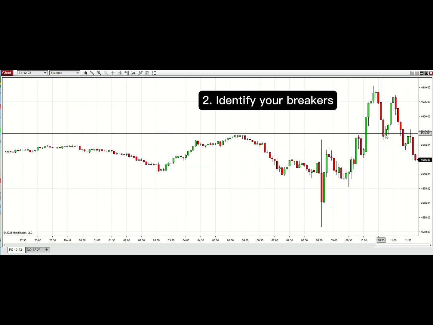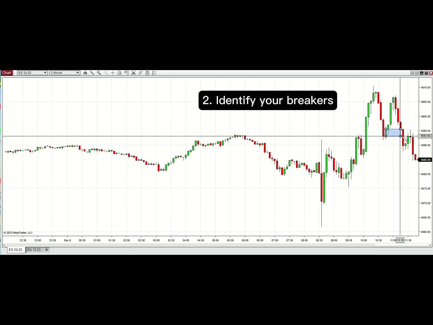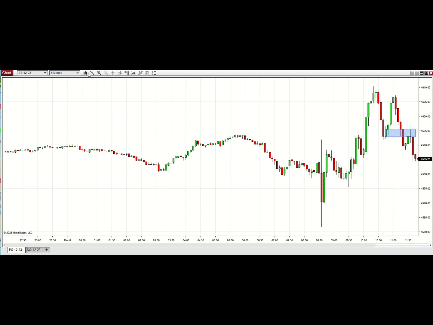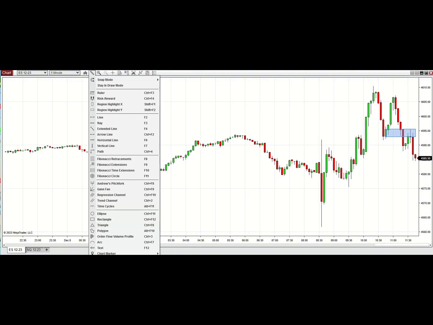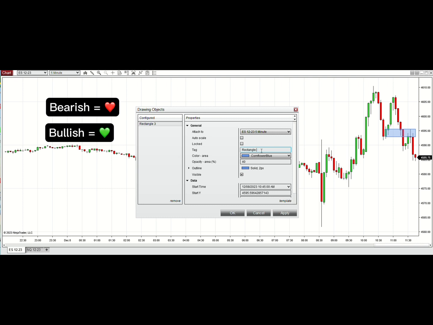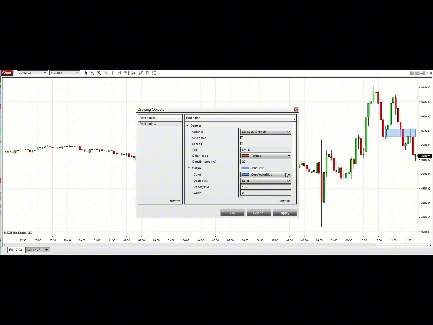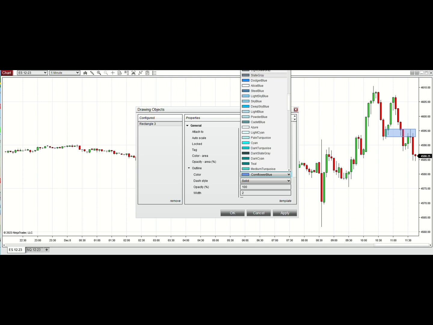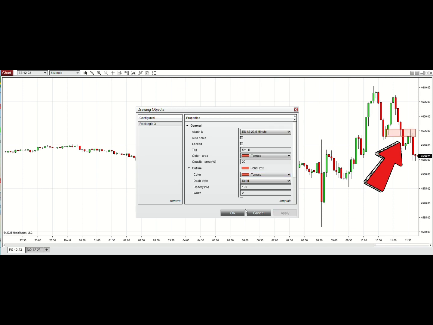I have found my breaker, a bearish breaker, so I'm just going to highlight that area. For this, I'm expecting price to return to that area and then drop down. I am going to name this one. So this is a 5-minute bearish breaker. I'm going to color it red so that it's easy for me to identify at a glance exactly what is happening in that area. And as you can see, price did return right to that red box and then begin